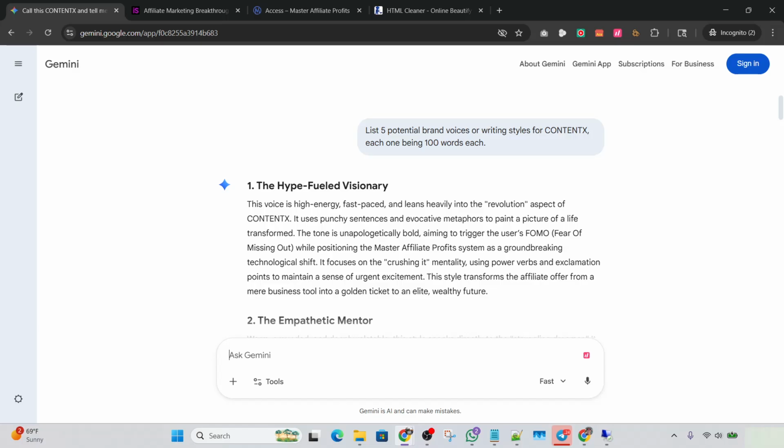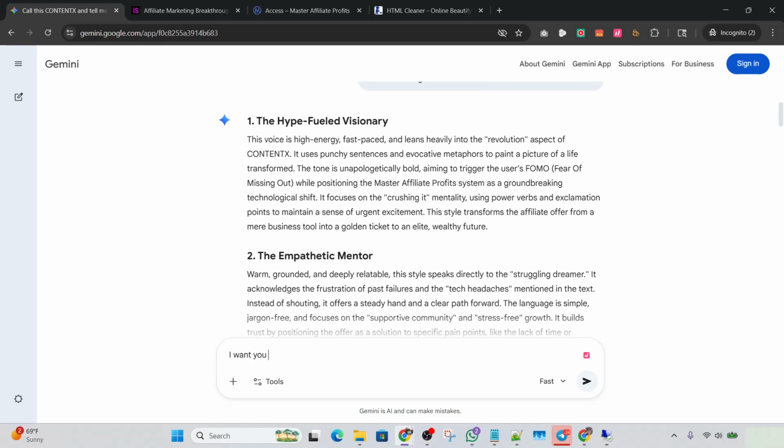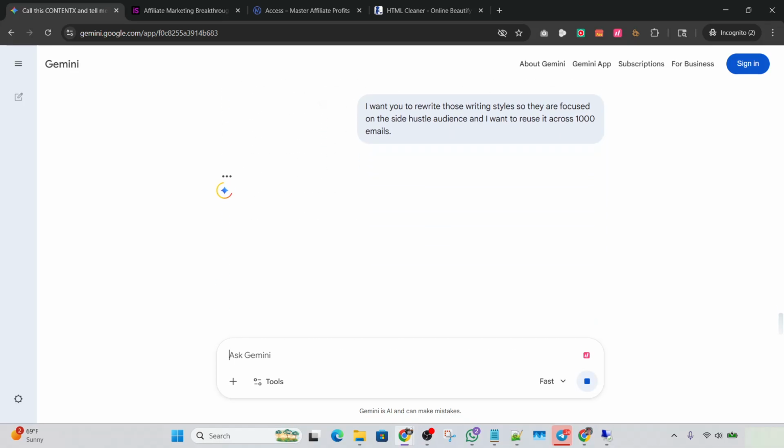But for right now, I'll make it very simple, and I'll just say, I want you to rewrite those writing styles so they are focused on the side hustle audience, and I want to reuse it across, and I exaggerate, I'll just say 1,000 emails, just so it has a good idea that it has to be used over and over again. And so let's see what it does.